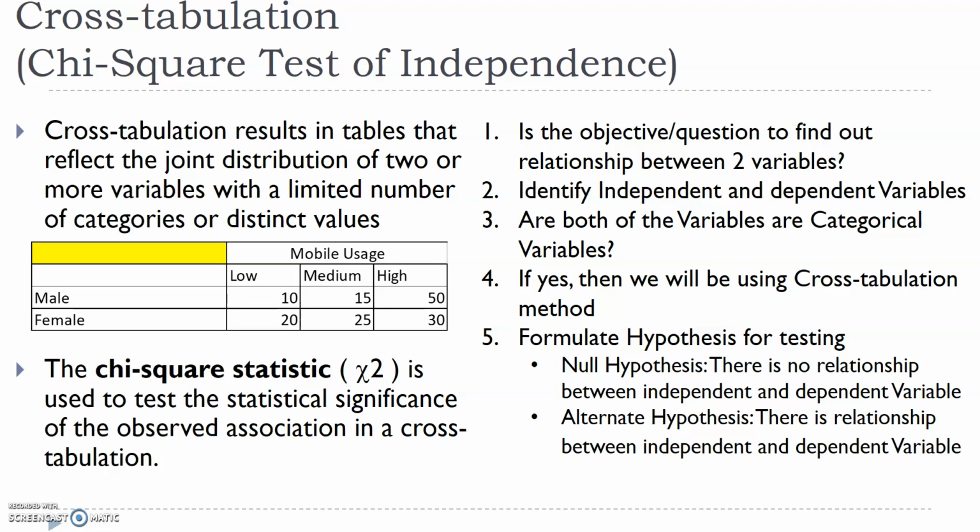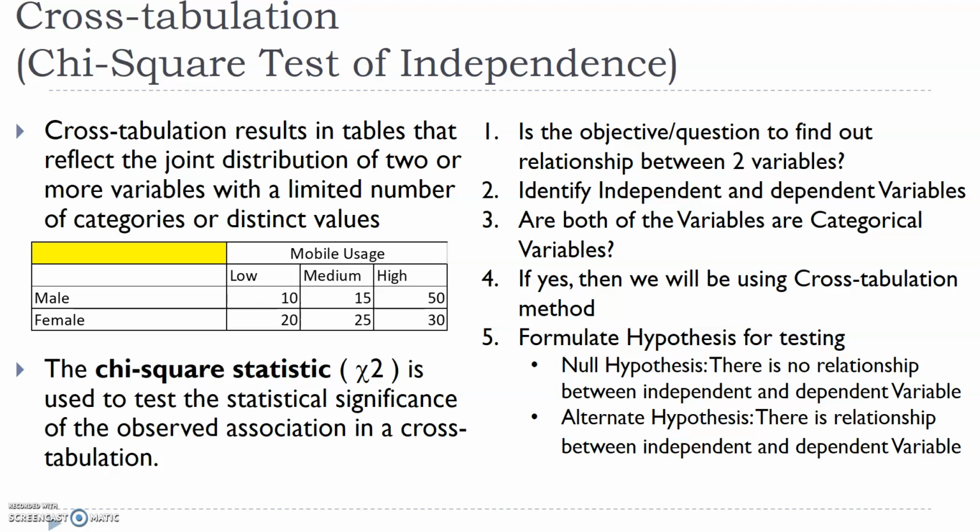But if we want to find out the relationship between two categorical variables, always remember they can be nominal, which we use for identification, such as male, female. Or it can be ordinal, whenever I can put things into two or three groups and I know which is low, medium, high. So whenever variables are either nominal or ordinal, that means the variables are categorical. In those cases only we can use cross tabulation.